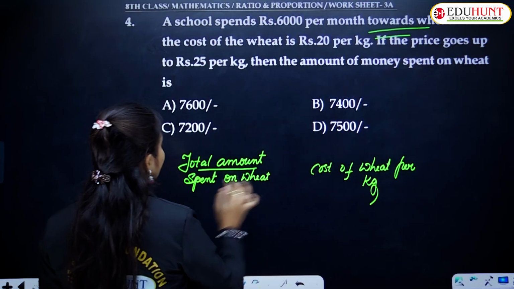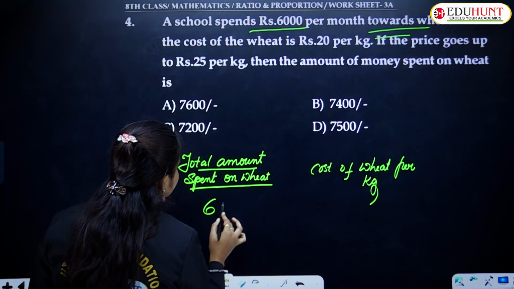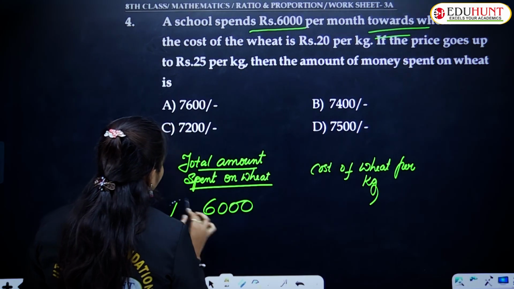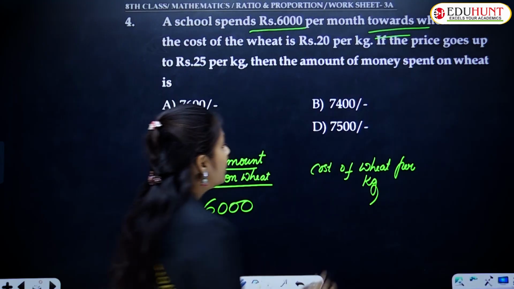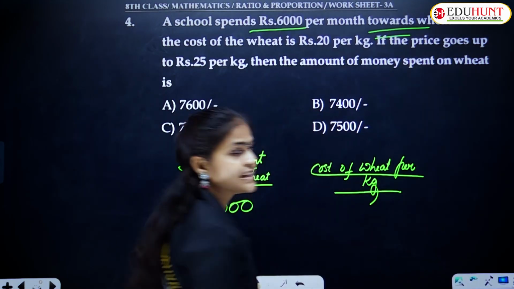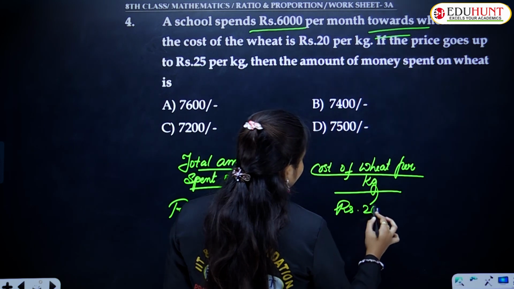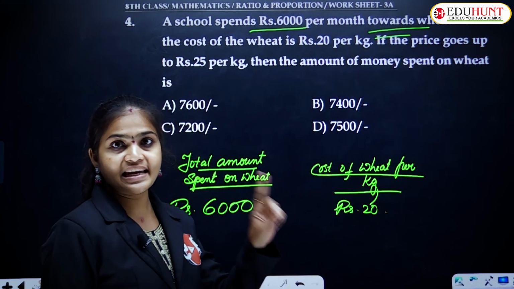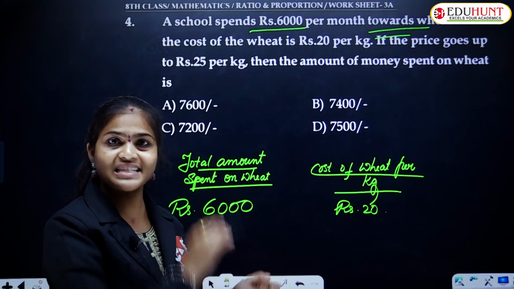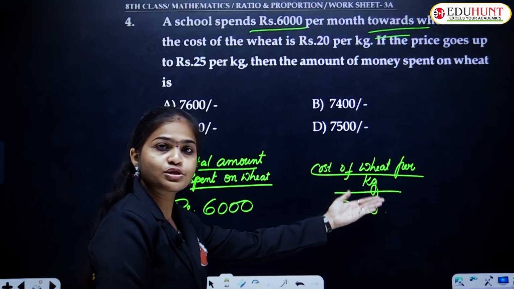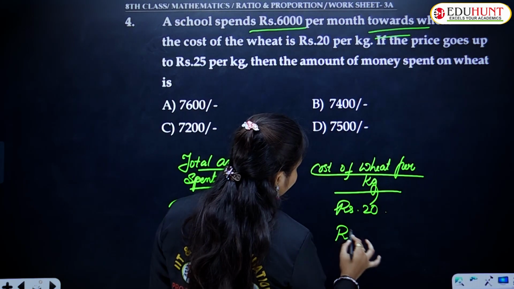So see here, total amount spent on wheat. The total amount first, how much did they spend here? 6000 rupees. The total amount they spent here is 6000 rupees, at the cost of 1 kg of wheat being 20 rupees. If the cost of 1 kg of wheat is 20 rupees, then the total amount the school spent is 6000 rupees. If the cost of the wheat per kg increases to 25 rupees, then